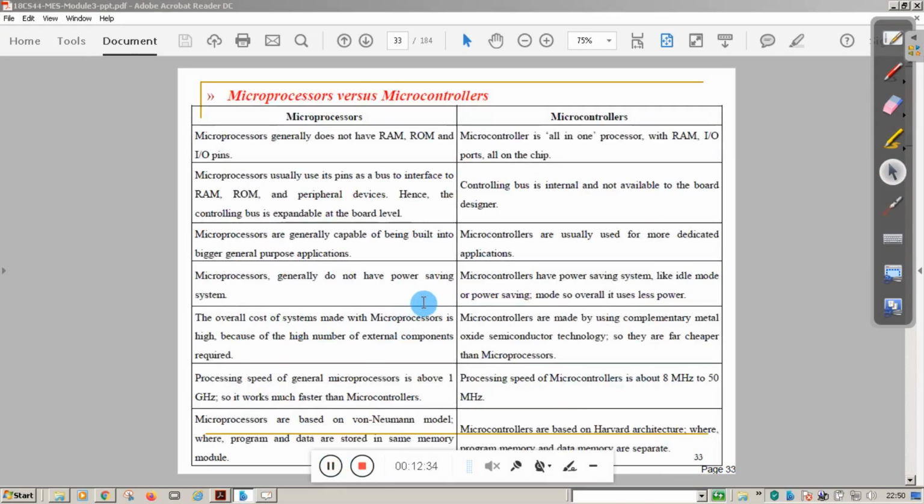Now we will see a couple of points related to the difference between microprocessor and microcontroller. Already we are aware of this. Microprocessor generally doesn't have RAM and ROM and IO pins. Microcontroller has ROM and RAM and IO ports all on the chip. Microprocessor usually uses its pins as a bus to interface to RAM and ROM. Normally RAM and ROM, all these memory devices should be interfaced to the microprocessor, but here it is internal. That's why the circuitry design of the microprocessor becomes somewhat